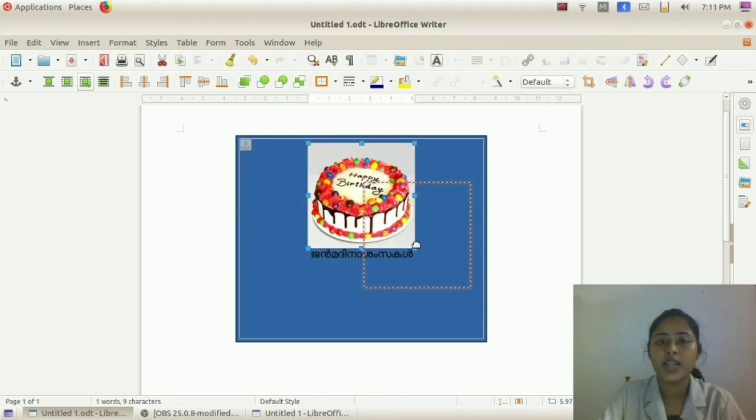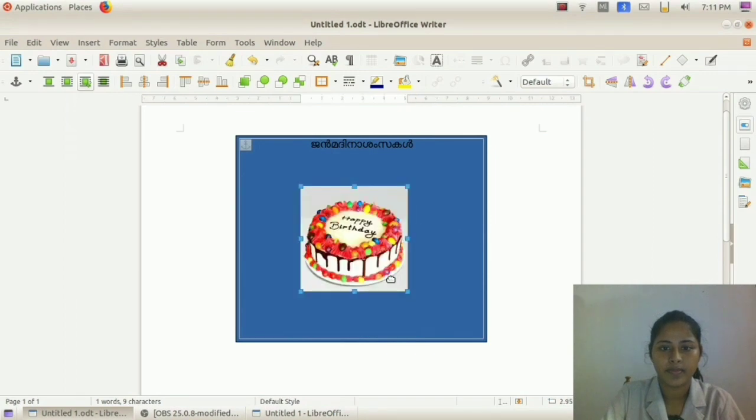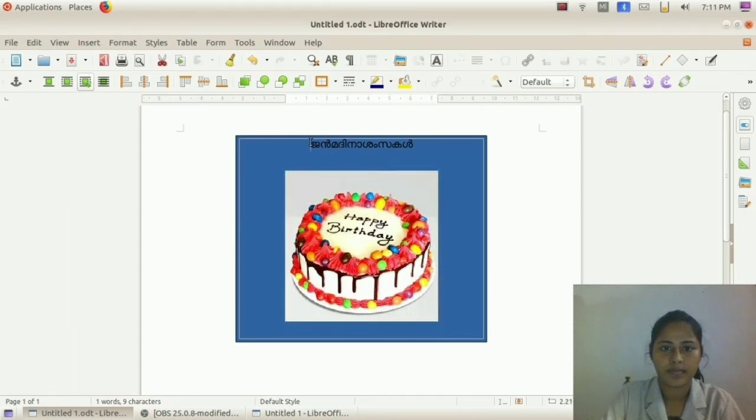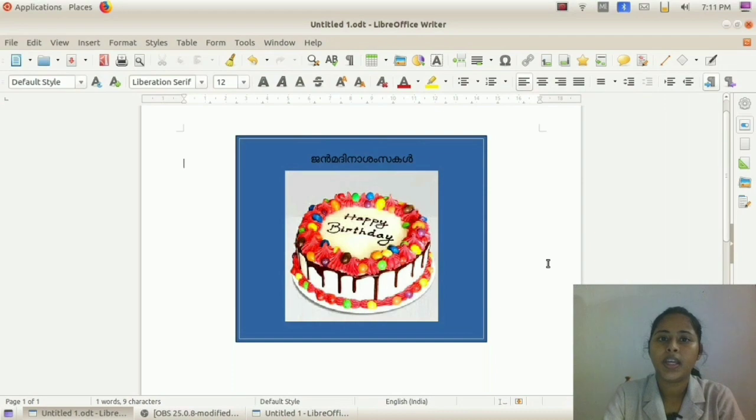Now I can change the position of the image by clicking on the image and dragging it to the position where we want to place it. Okay, now we have inserted the image. Our greeting card is ready.